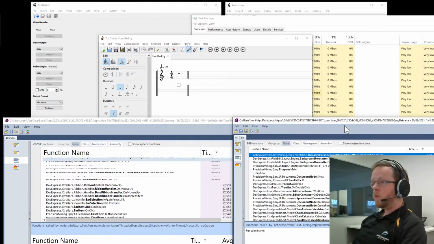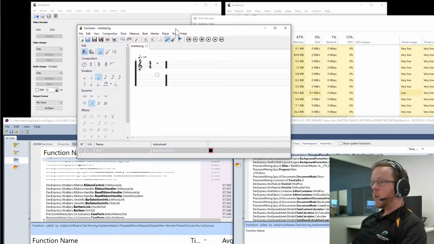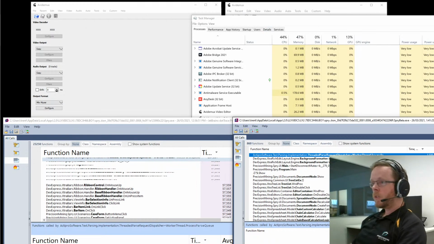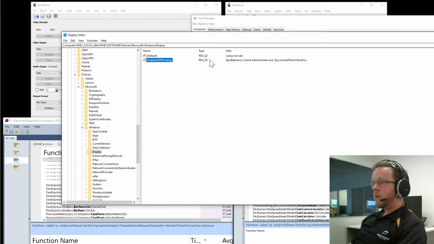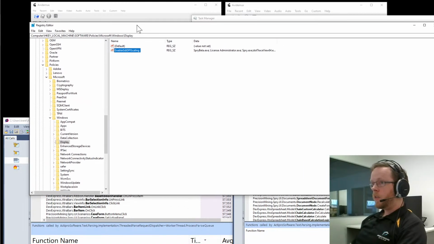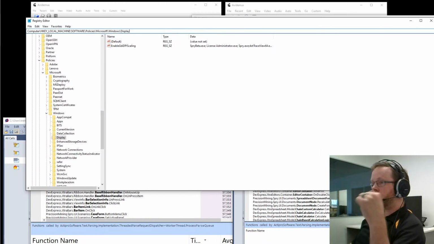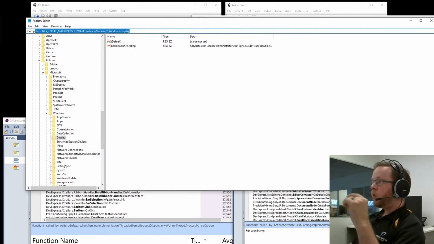Now, this works well for some software. Other software, you may need to change the registry. Spry is one of those bits of software that it's actually better if you can change the registry for, because the executable moves location every time it gets updated. So the other way that you can fix this problem is by using the registry editor. Now, once again, you're going to need administrative rights to do this, and I don't play around in here, but this particular entry, and I'll put it in the comments for this video, but if you go to this location